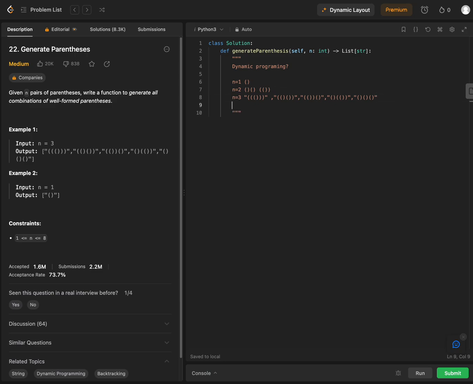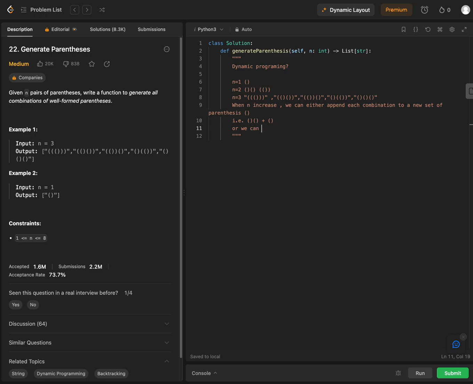Is it such that when n increases, we can either append each combination to a new set of parentheses, i.e., we append it, plus this,